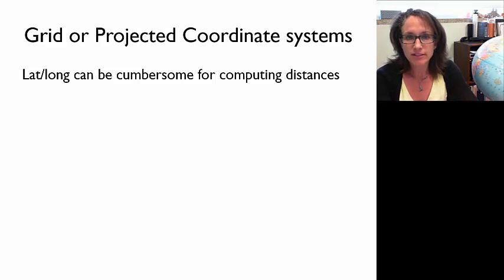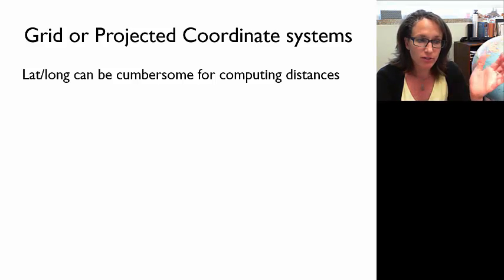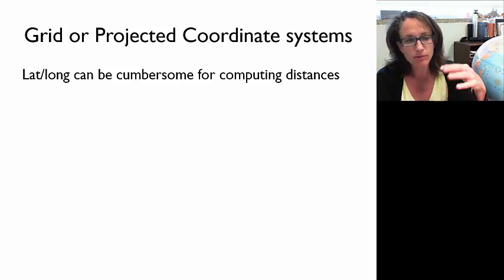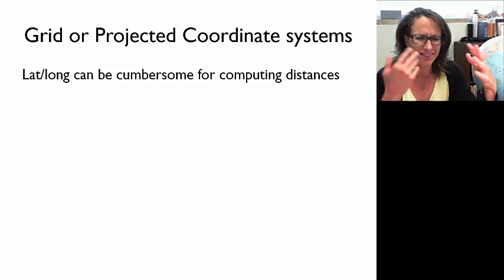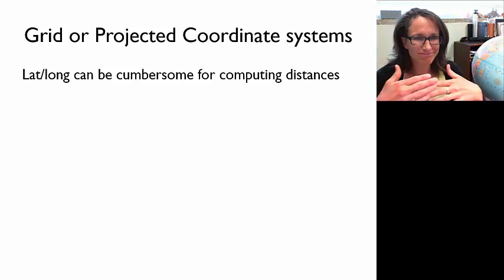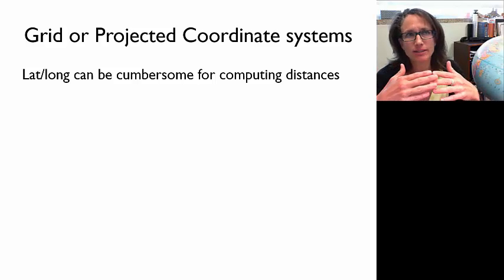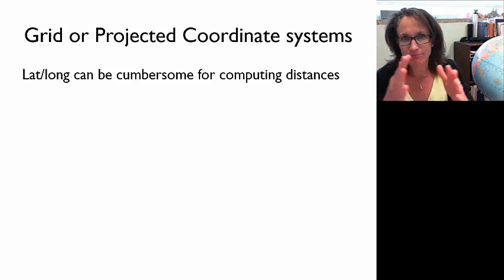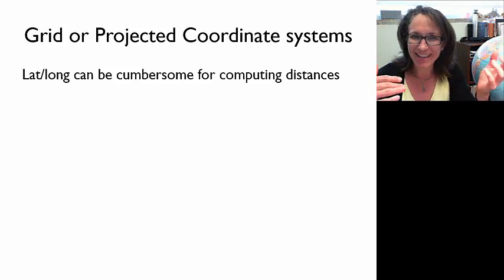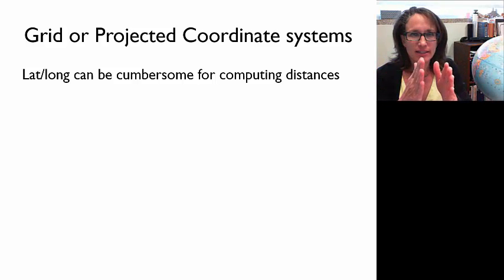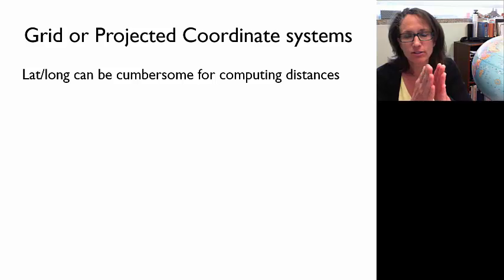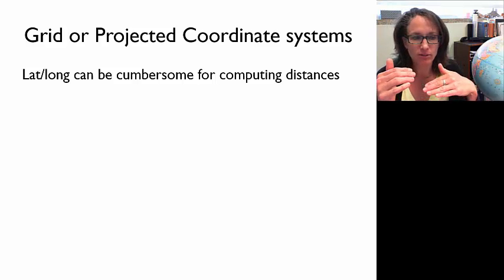Okay, our next cartography topic is moving on to a different kind of coordinate system, which is a lot easier to use than latitude and longitude. So our geographic coordinates, remember, are spherical coordinates, so they're in angles, and they can be really cumbersome for computing distance, and it's hard to visualize, like, oh, it's 2 seconds different, and how far is that? And remember, the distance of a degree or a minute or a second of longitude varies with your position